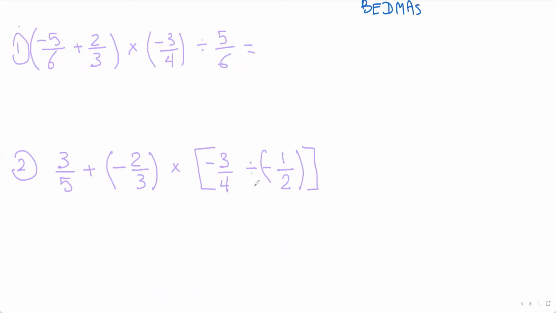So here, if you look at this, we have to do the brackets first, okay? And I do everything all at once. So here, I have to do inside the brackets first. So this will be 6. 6 divided by 6 is 1 times -5 is -5. 6 divided by 3 is 2. 2 times 2 is 4. Times -3/4